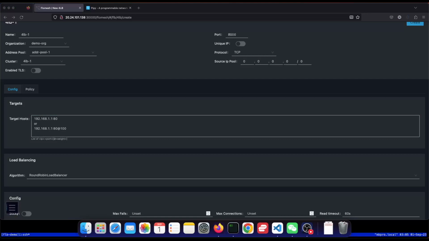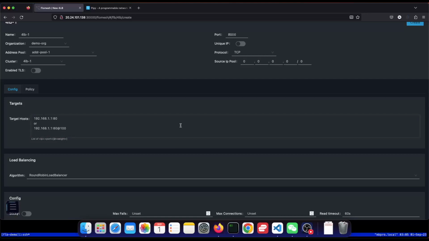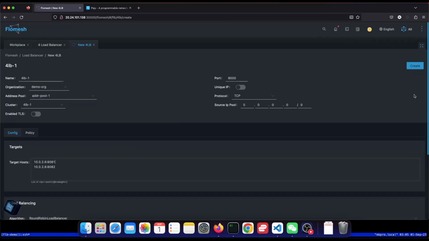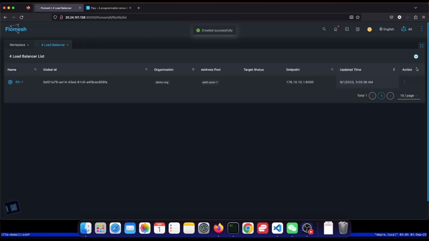I'll be using the one which we created, right? So this is the IP of my VM where those two services are running, and these are the ports there. Others we don't need to set. If you like sticky sessions, you can configure those options. So I'll just go with the default. Right, so this is actually the layer 4 load balancer